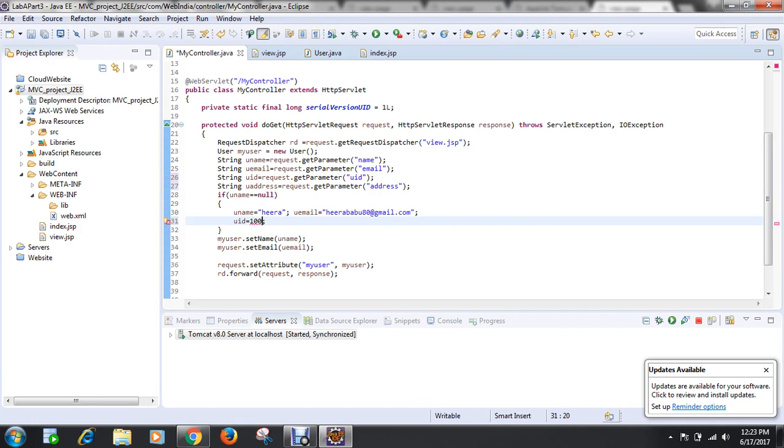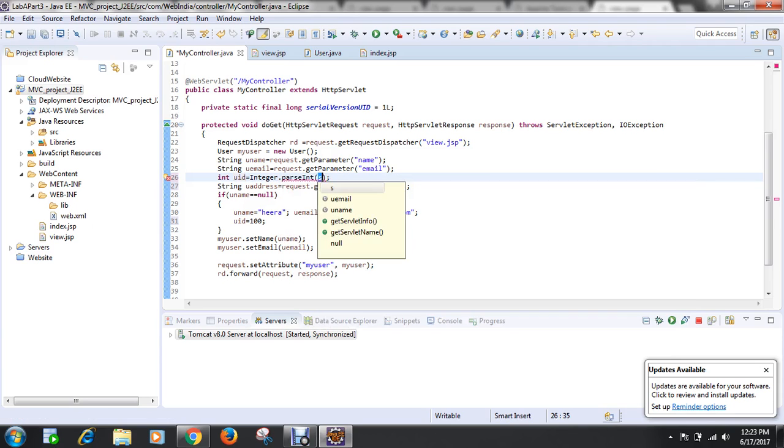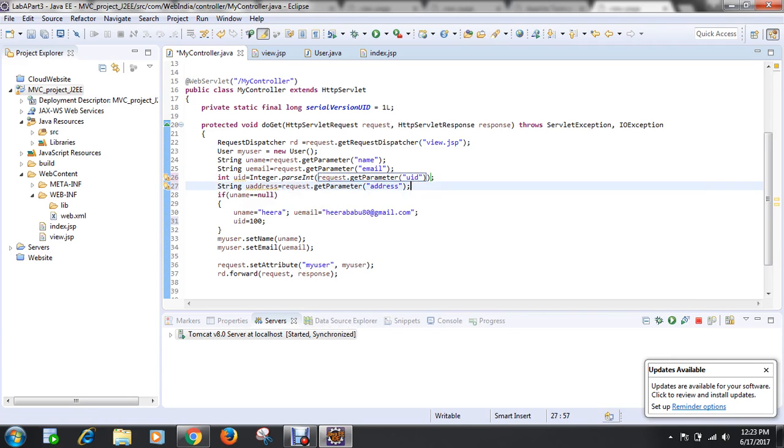You will get an error from this, right? If you pass an integer, right? You need to just use Integer dot parseInt, Integer dot parse, and you can pass here, okay? 100, and your address is your address is